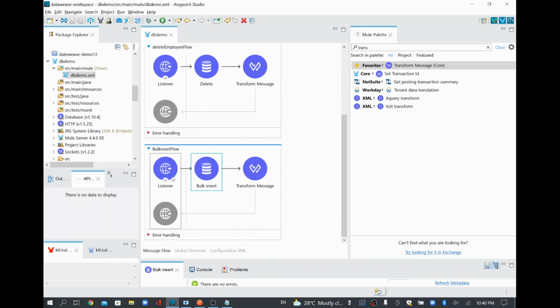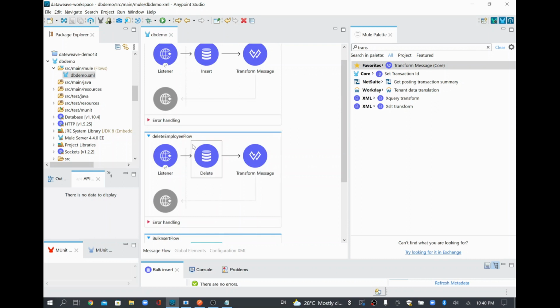For the last one I used a batch insert flow as the endpoint, and I used the post method because we are just creating records. If you are going to update a record, then you would use something called the put method. As we are creating records, we use a post method. Similarly, when we want to delete records, we use a delete method.